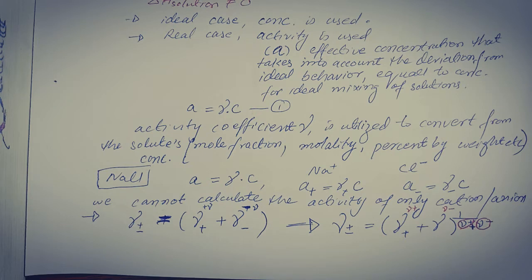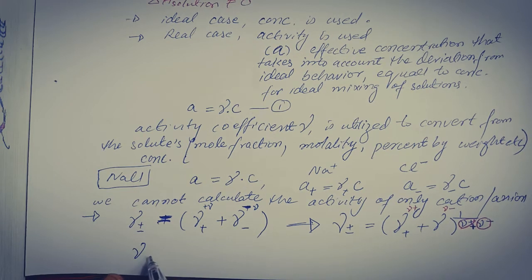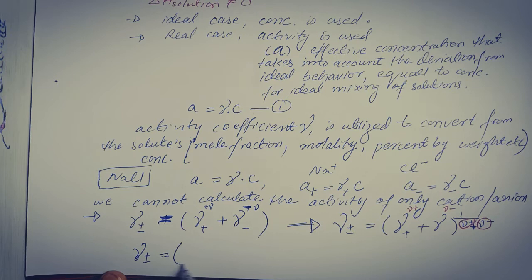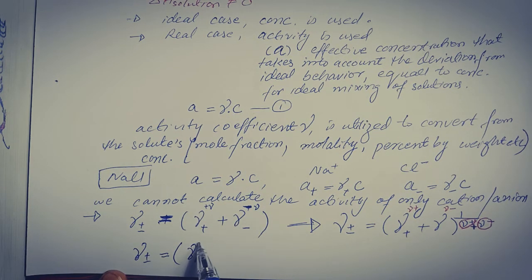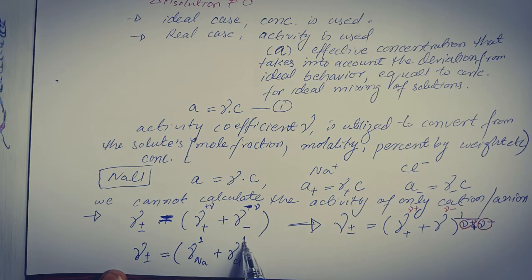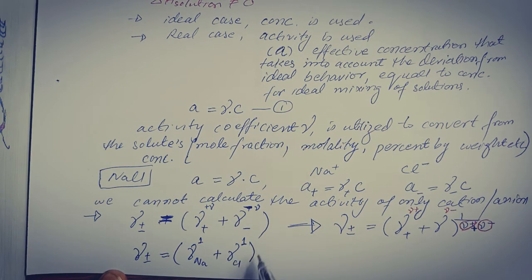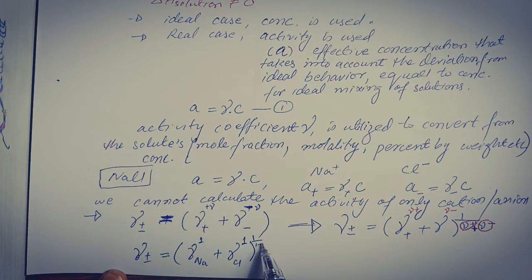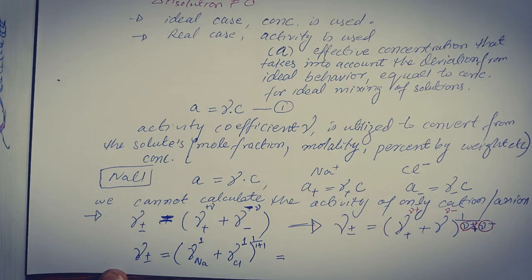So for the sodium chloride, we can calculate the value of the activity coefficient using the simplified formula: for sodium it's 1, chloride valency is 1, and 1 over 1 plus 1 is equal to